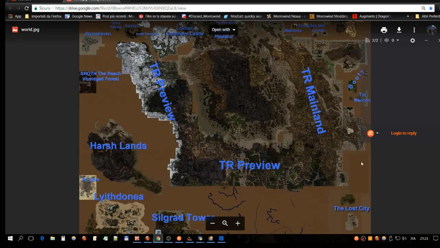inside the expanded map of standard Morrowind, which is more or less filling the space which is around the Tamriel Rebuilt part. Anyway, this is just to have